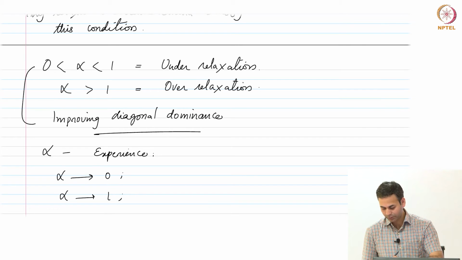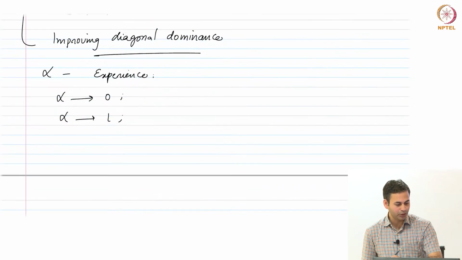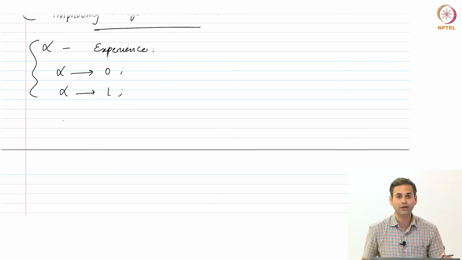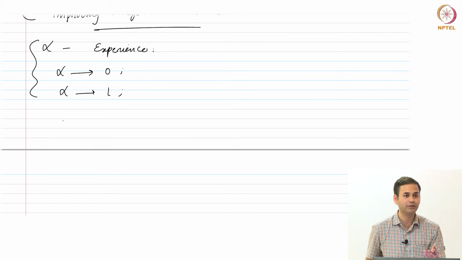Now, recently there has been some renewed interest in how I should calculate alpha, or whether alpha should be the same for all the iterations, or whether I can change it with iterations. You can change it with iterations, but we just do not know how much to change it, okay. But you can certainly do that. You can start off with a small alpha value, 0.3 or something. After, let us say, you feel the solution has evolved into a better physically correct solution, then you can increase the alpha so that you can reach convergence quickly.